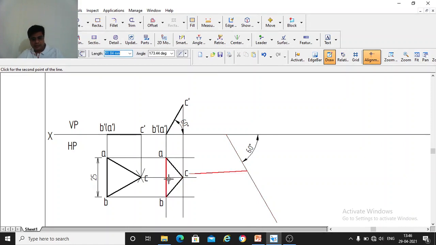So length of this AB is 25 mm. So you take 25 mm and draw it here on this line. Okay, so this AB you are drawing here now on this line at 60 degree.